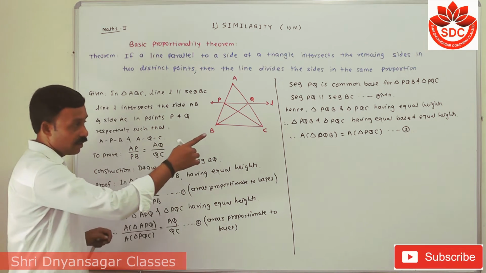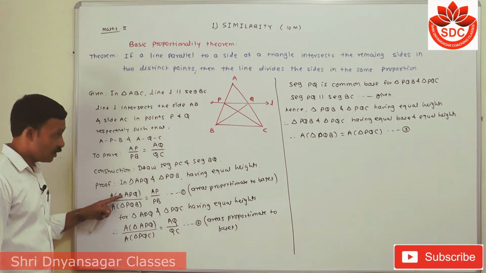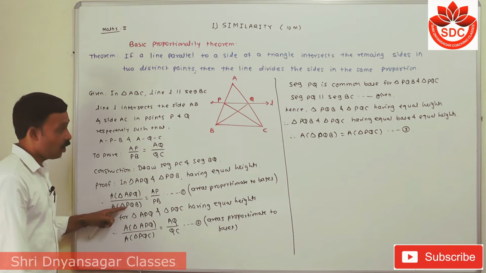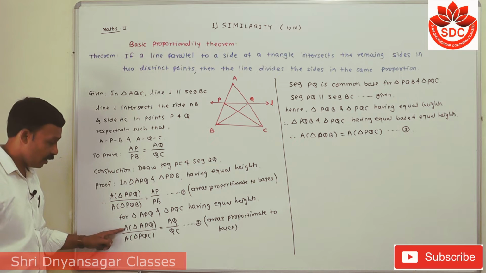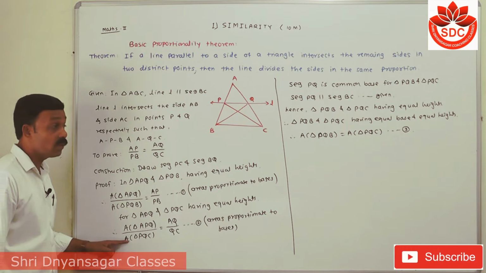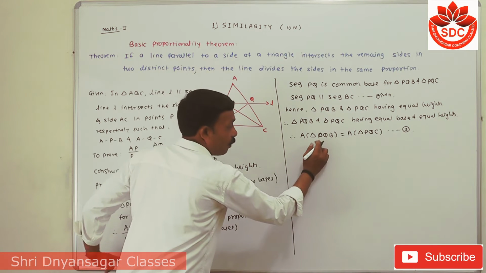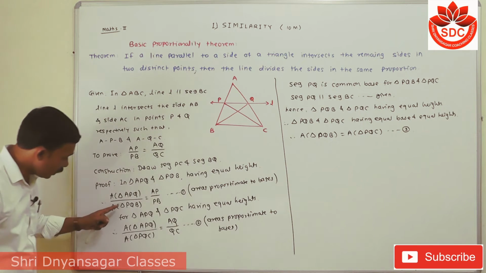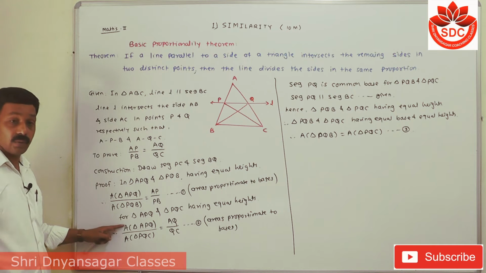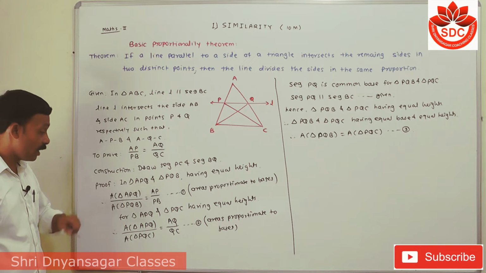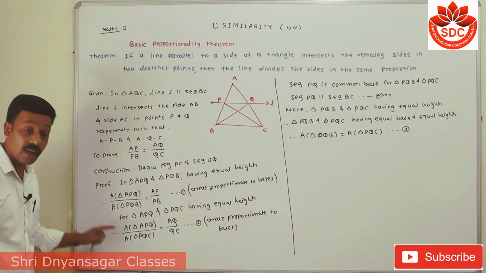Now look at this equation third. Here numerator is APQ, denominator is PQB. Okay, here is also numerator is APQ and denominator is PQC. And PQB and PQC are equal, means that its denominators are equal. Look here, its numerator is also equal. So that by using first, second and third equation, these two ratios are equal.